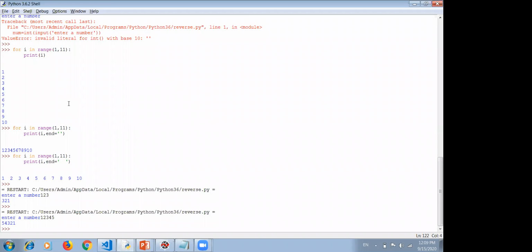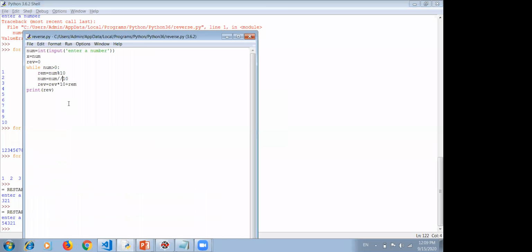But my program was to check if a number is palindrome or not. So to check the palindrome, I have to modify it. It gives the reverse, but I don't want the reverse. I want to check for the palindrome. I will put a condition here. If the original number, which I have already saved in some variable x, is equal to the new number, the reverse generated, which is stored in rev, is reverse.